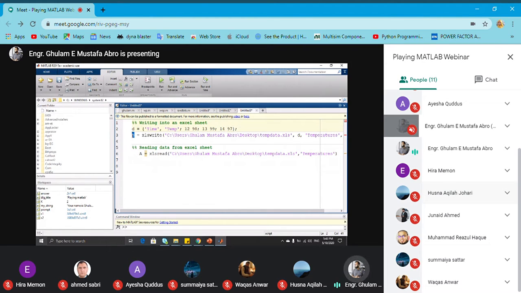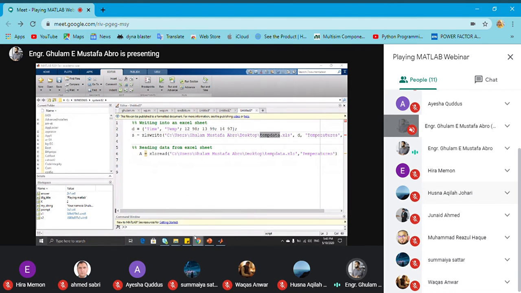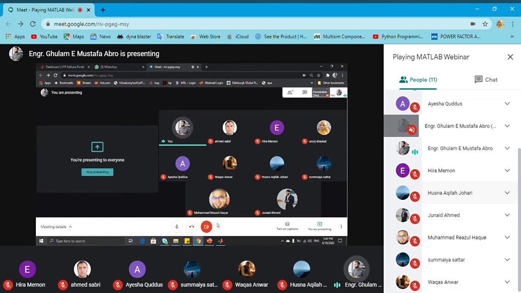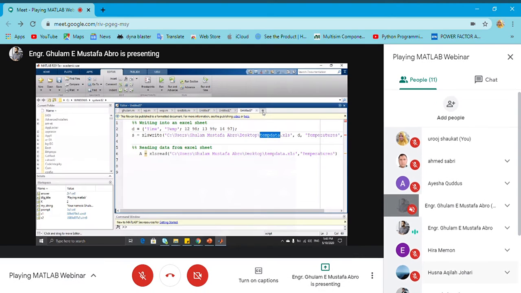So for that I have a variable s. For creating or writing an Excel sheet, I need a command, that is xlswrite. And after that, I mention the location where my Excel sheet should be. This is the location that I have given to that particular command. After that, the name of the file. Let me pick any name from the participants. Let's suppose Junaid. Okay, I'll name the file Junaid. So you can see if I write